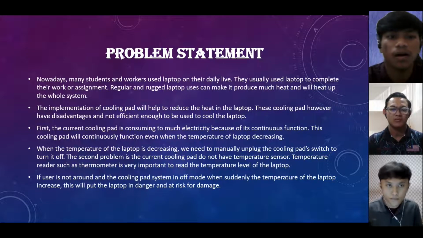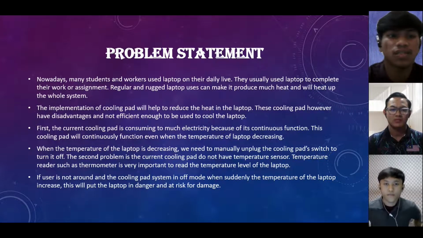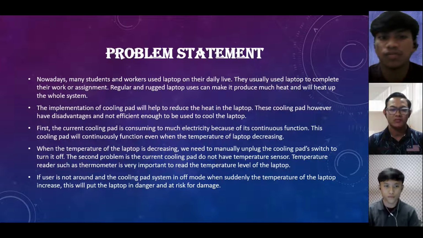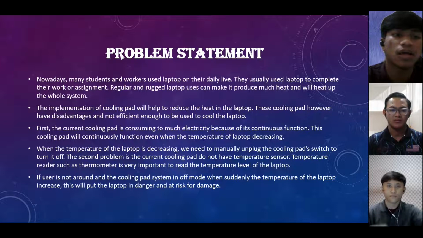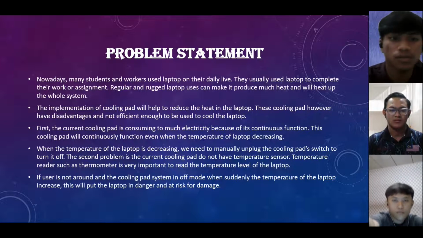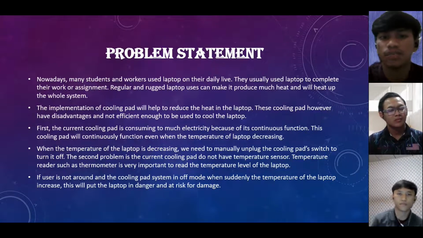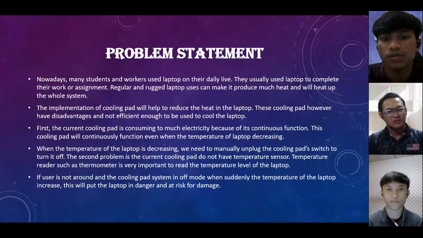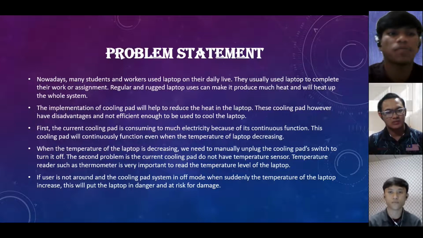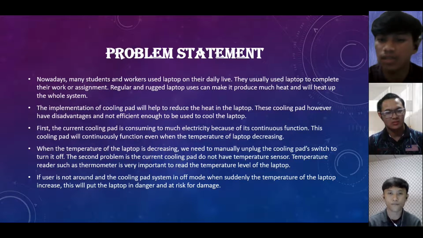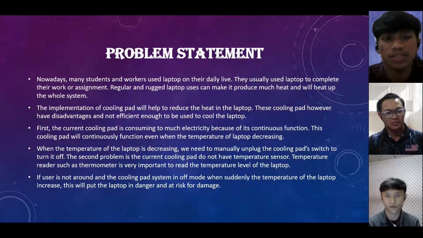The cooling pad, however, has disadvantages and is not efficient enough to cool the laptop. First, the current cooling pad consumes too much electricity because of its continuous function. This cooling pad will continuously function even when the temperature of the laptop is decreasing. When the temperature of the laptop is decreasing, we need to manually unplug the cooling pad or switch it